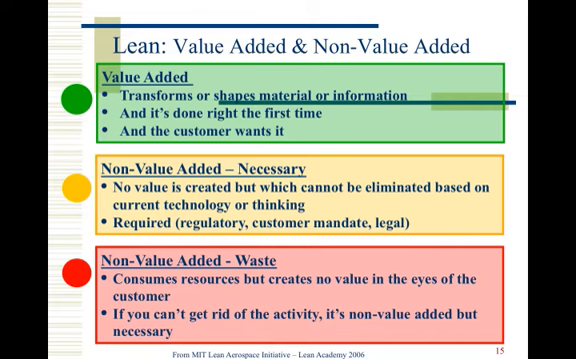Another way to classify work elements is by labeling the elements either value added, non-value added but necessary, and non-value added waste. Starting from the top, value added is anything that directly works towards molding the final product. On top of this, it must be done right the first time, otherwise it would be waste, and the customer